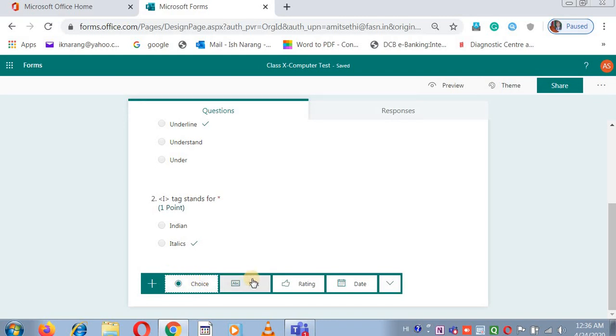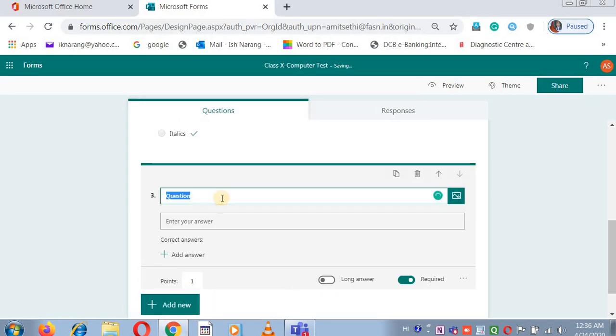and this time we'll add the text one. In the text one also you can check, the system will check the answer if it is a specific answer here. Which tag is used to make text bold?